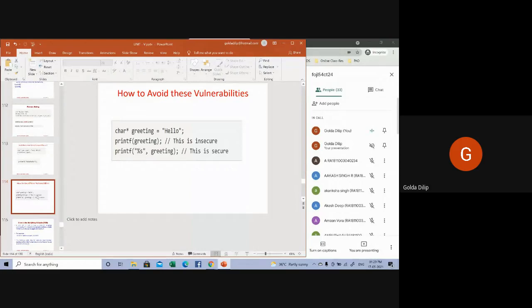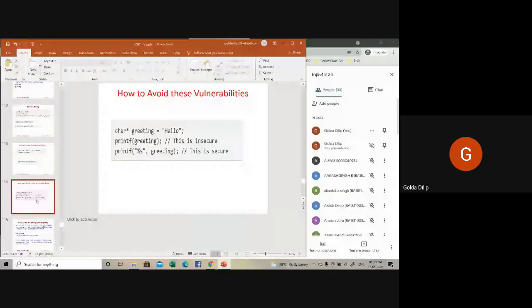Avoid passing user controlled inputs to format functions as much as possible. That is one way. You should never use printf and its related format functions without format parameters, even when you are just printing a string literal.